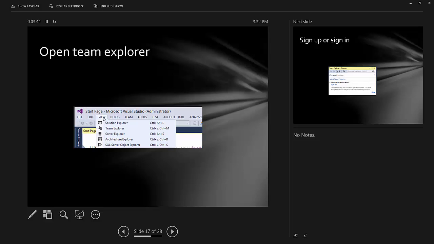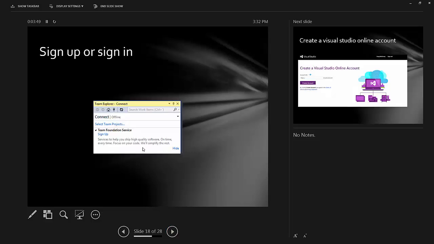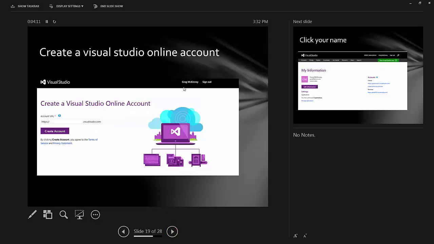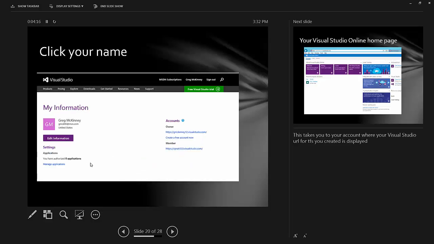Inside Visual Studio, you'll go to View, Team Explorer, and it'll pop up the Team Explorer right over your Solution Explorer. And you'll want to connect, and since this is your first time, presumably, you're going to click on Sign Up. When you sign up, it takes you to this website, and you sign in and create yourself a unique URL,